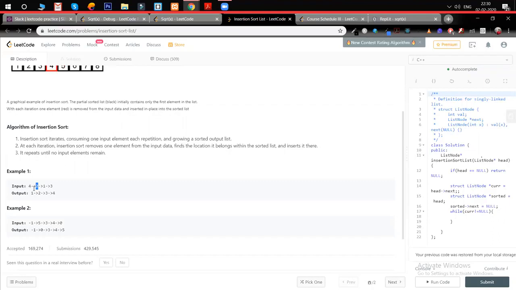But I doubt if you can actually swap, right? Let's say 4, 2, 1, and your current pointer is at 1, and you have to compare 1 and 4. You swap 1 and 4, so 1, 2, 4. I don't know if swapping really works.